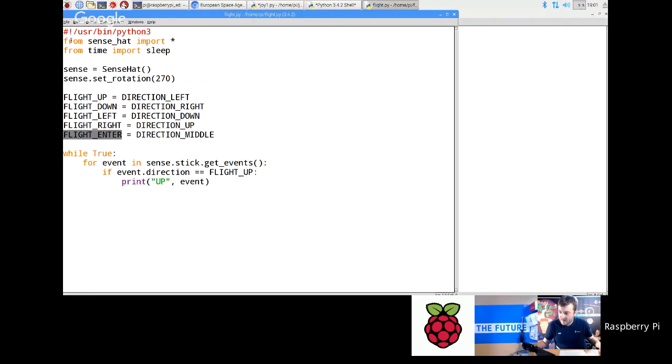And what you do is you always must make sure you go from sense_hat import star instead of just sense_hat import SenseHat like we have been doing. Always do from sense_hat import star, and then you get these things like direction_left, direction_right. And then you can see here when I'm doing my loop, I go if event.direction equals flight_up, then print up. Okay, so if I just run that now